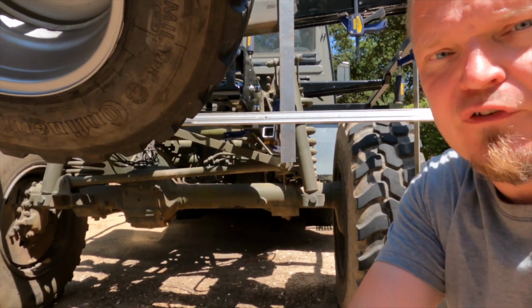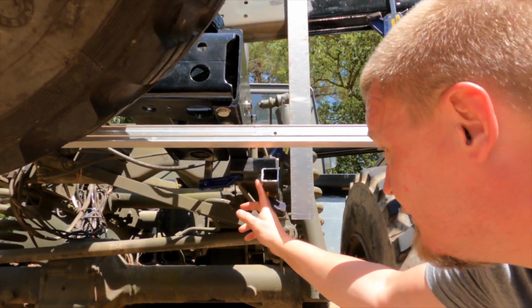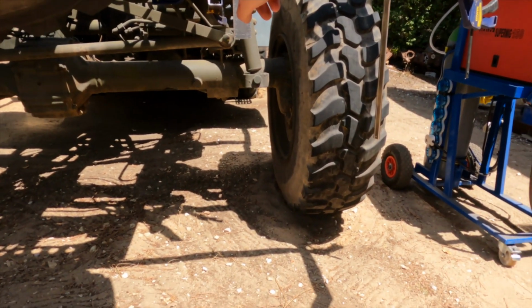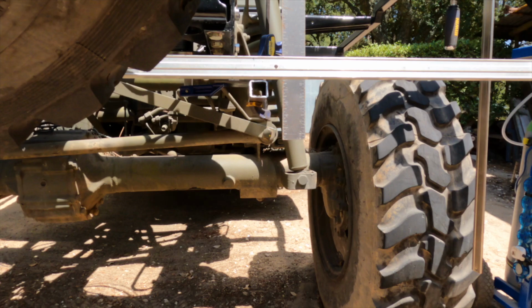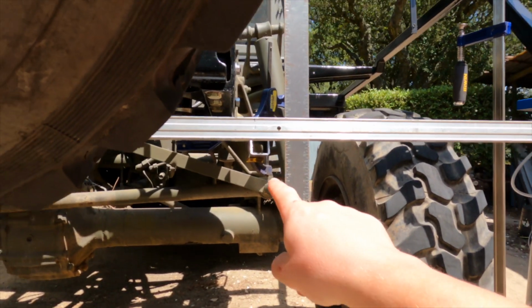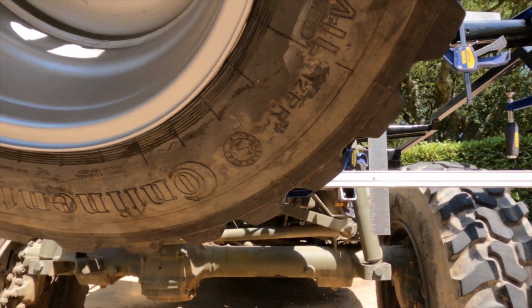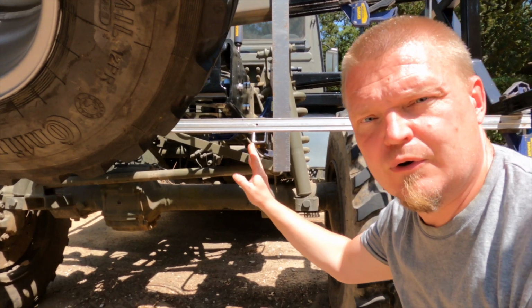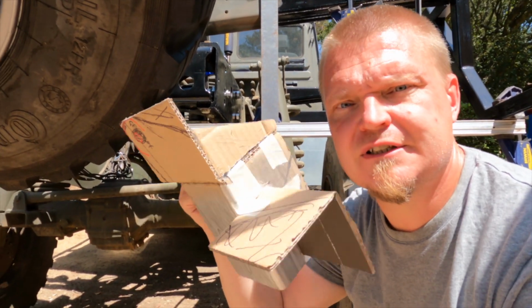Then I clamped a few pieces of steel onto the frame rail, and then I started looking straight back from here, like so. So I came to the conclusion that if the hook was there, it would be okay, albeit a little bit too close, which means that I am going to put the thing a little bit further down. As I have the angle iron, I made this CAD model,